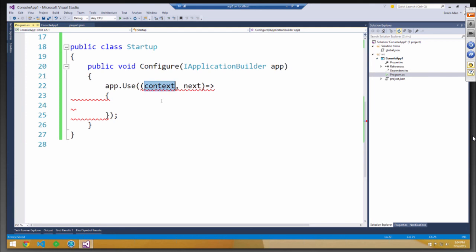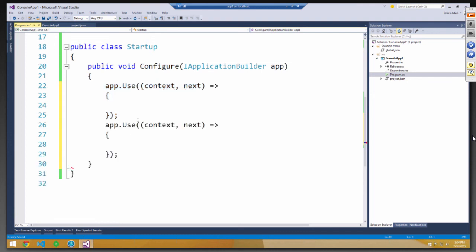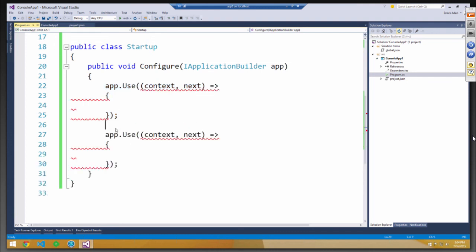The other thing they hand you is the next reference, and the next reference is basically a delegate to the next middleware. What you're going to end up doing is typically you end up registering multiple middlewares, and by registering multiple functions or multiple blocks of code, then you are, in essence, building your own pipeline for your web server. So you get to say what happens first and what happens next. The order is very important here because the order that you register these functions is the order that they get to look at the request. So when the request comes in,